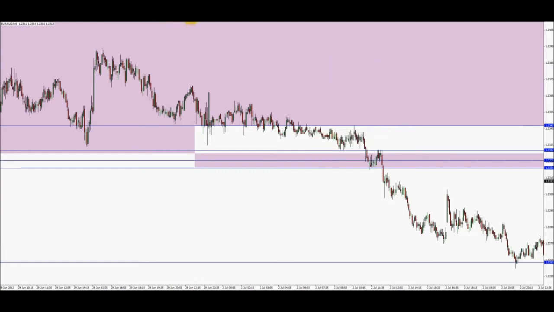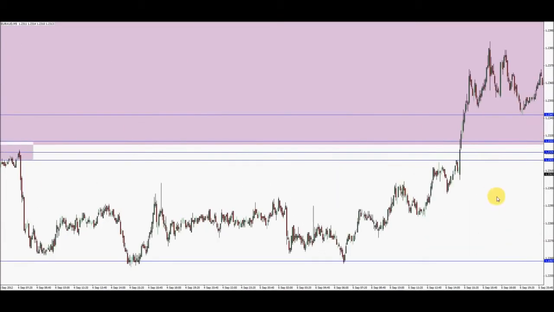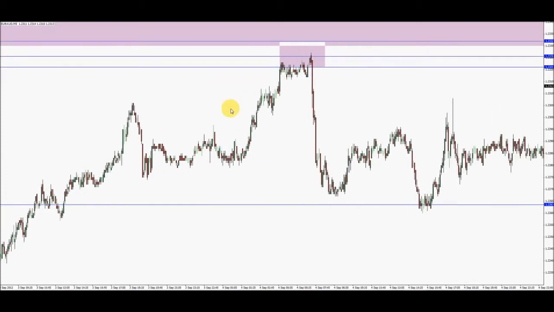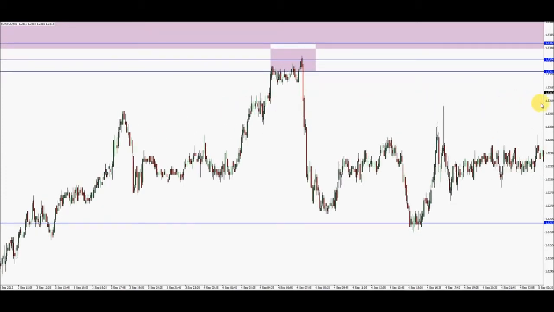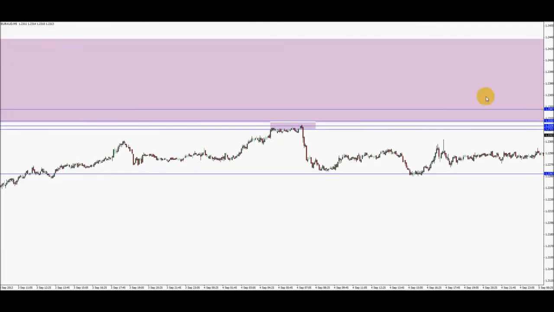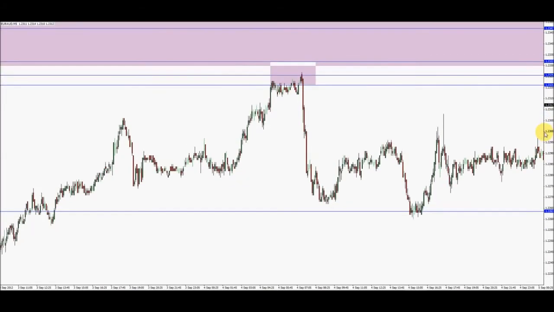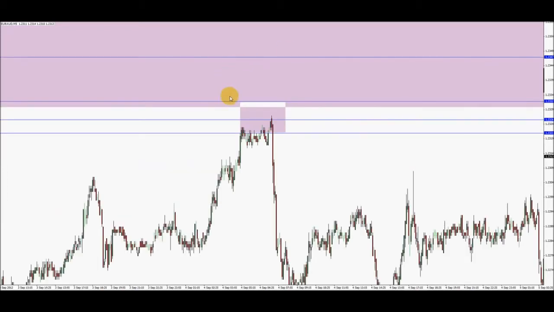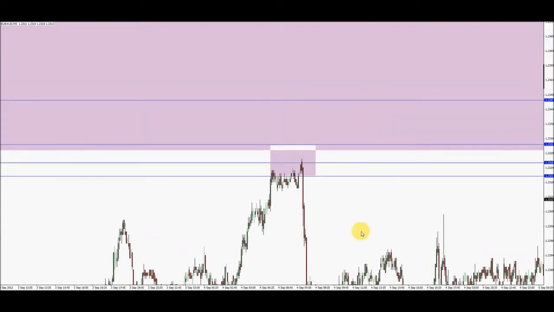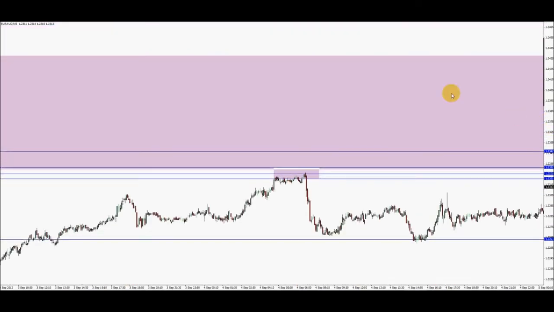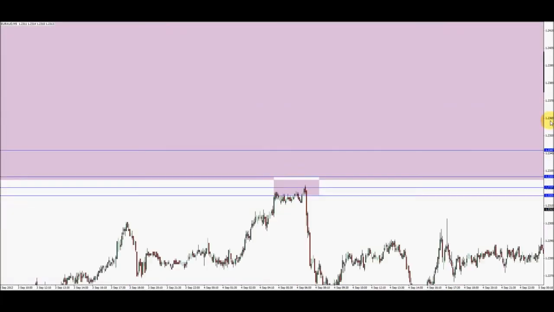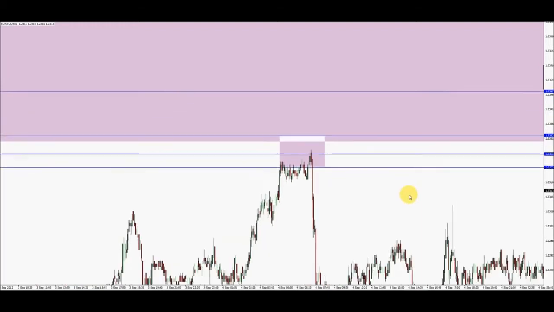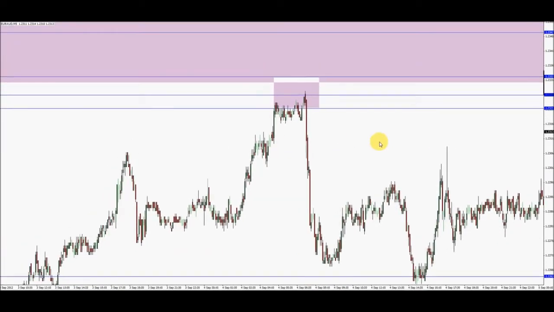So if I go back to the future and see what actually happened, we can see that this is the overall bigger zone. This is the overall smaller zone. Just adjust this slightly. Okay, so this, if we just zoom in, this was the overall daily zone. This was the smaller zone, and then this was the more immediate zone of interest. Okay, so this is the 5 minute time frame. As you can see, what happened, price came back